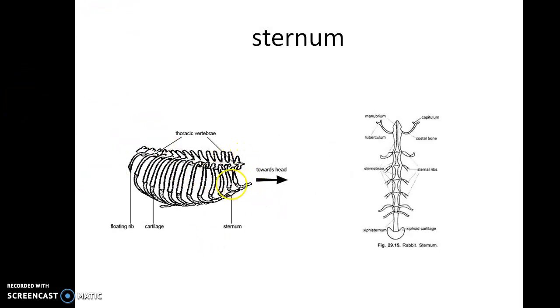This is 1, 2, 3, 4, 5, 6, 7. Of these 7, this 8 and 9 will be fusing with the 7. The remaining ones, the remaining 3, are found to be detached and they are called floating ribs. So there are about